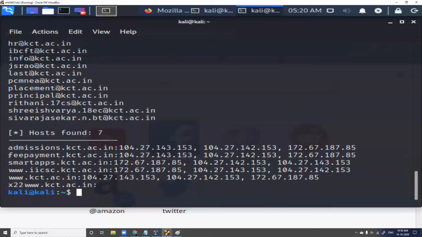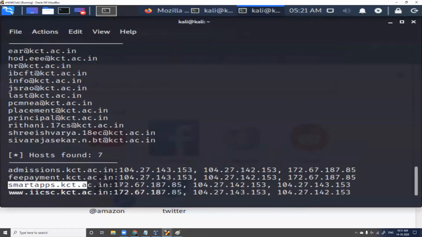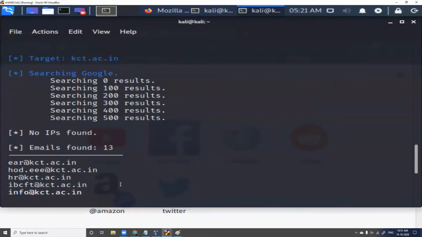We have got fees payment, we have got smart apps, we have got so many other things. So you can also use this theHarvester. You can use it for grabbing email addresses of your target in case you wanted to report something, or in case you want to verify the subdomains along with the IP address. Yes, you can use theHarvester.